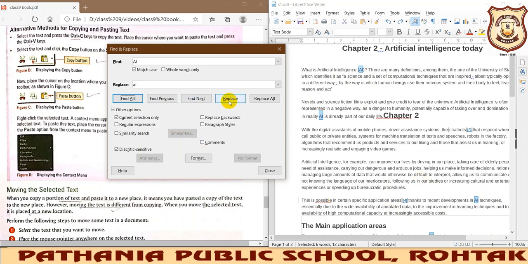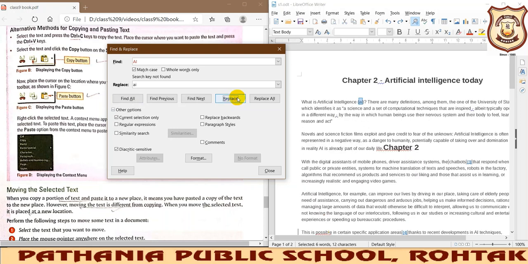Now I want to replace it. See, if I click on replace once, it will replace only one AI. And find all, if I do it, it will find all. And actually I clicked on replace all by mistake, so all the AIs have been replaced.